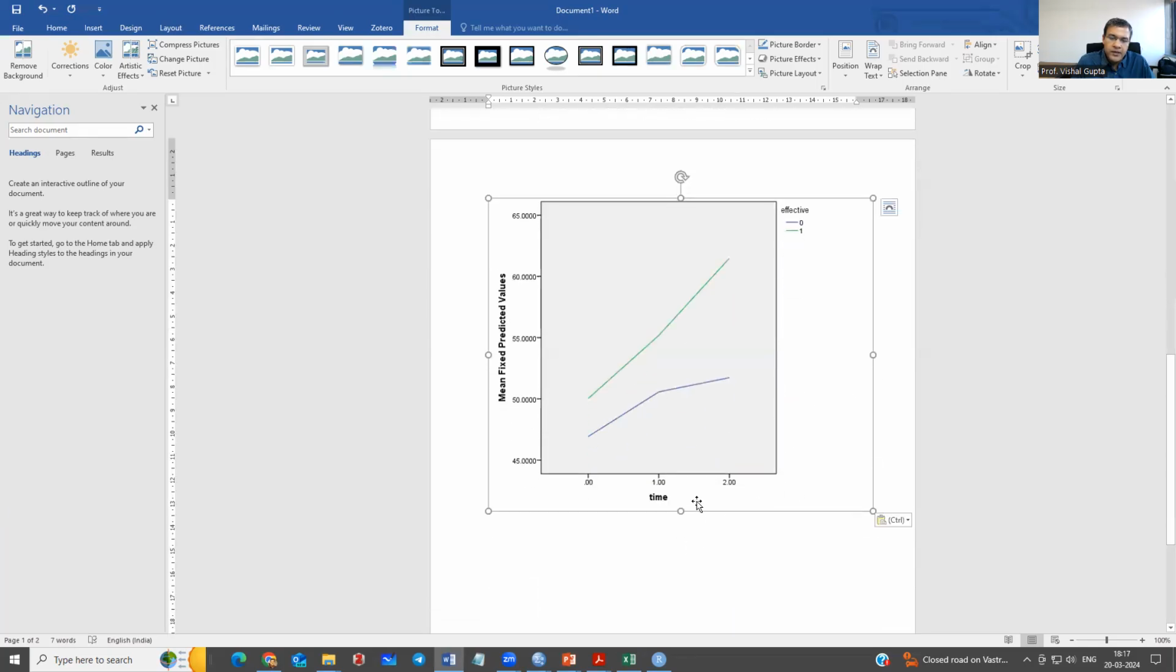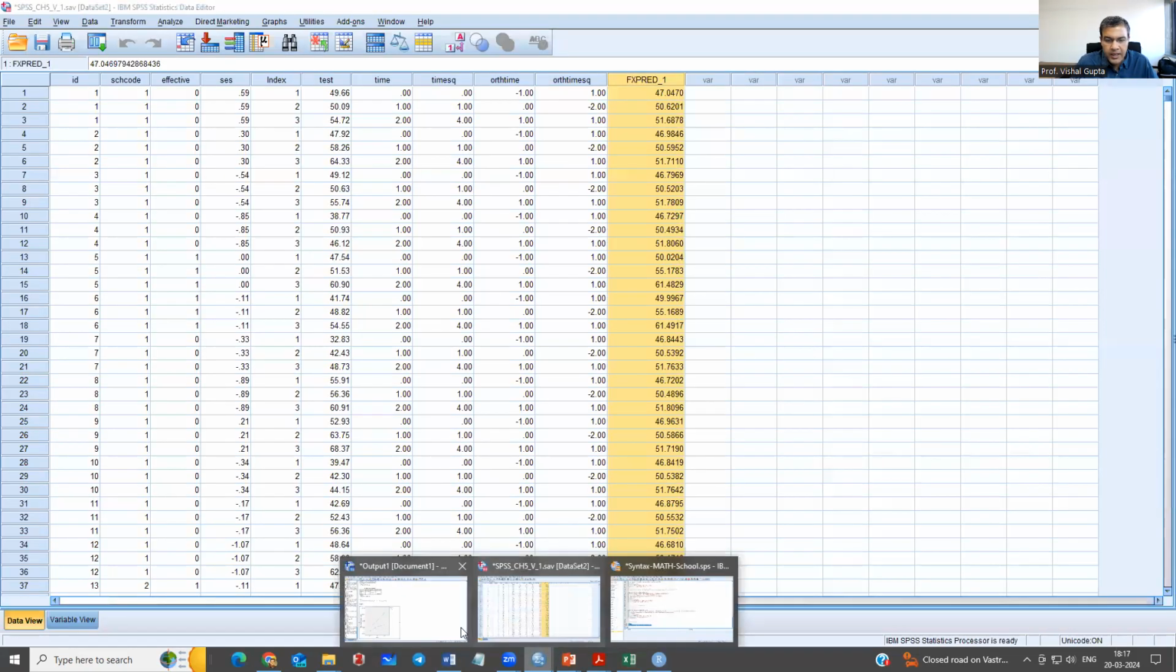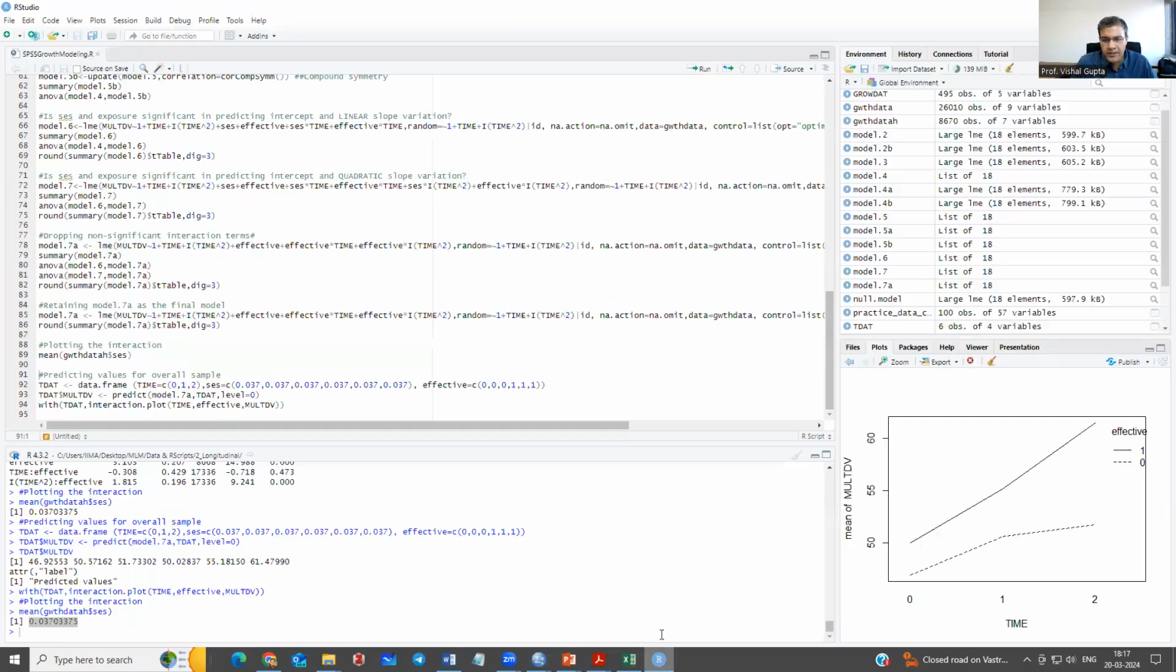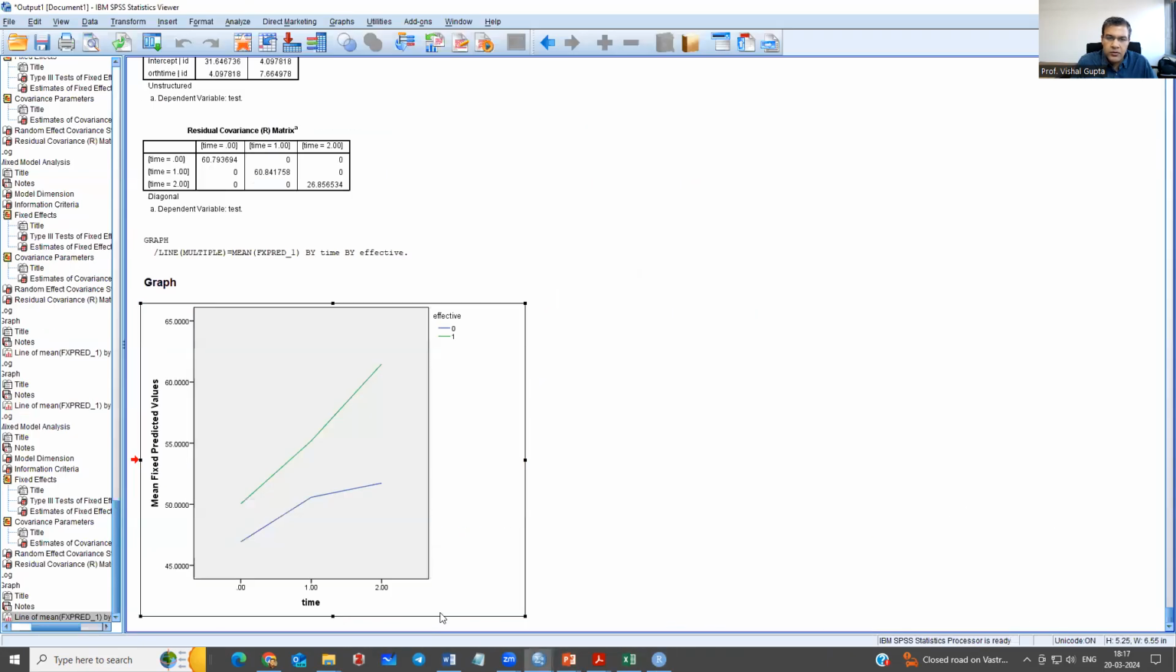Okay, and that is where these SPSS plots may become challenging. Not just SPSS, even R I don't like, because this is giving us this kind of a plot, and I want to do this in a black and white paper. So you need to learn how to plot this